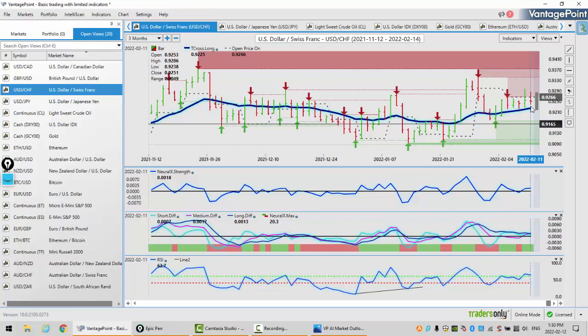So what we will continue to monitor is the additional VP indicators. We have our medium term crossing our long term predicted difference with the neural index, the predicted RSI above 60. But the angle of the neural index strength, that's the one you want to keep an eye on. We're above the zero, but it's kind of flat, slightly pointing up. But the Swiss franc does tend to follow gold, like the Japanese yen. So be cautious, but my argument would be we would still be long well above that very important T-cross long at 92.25.